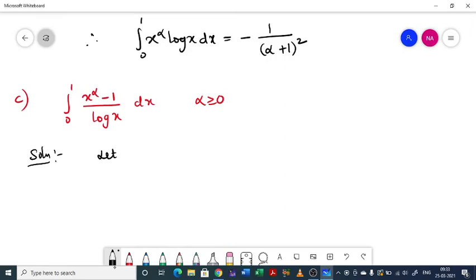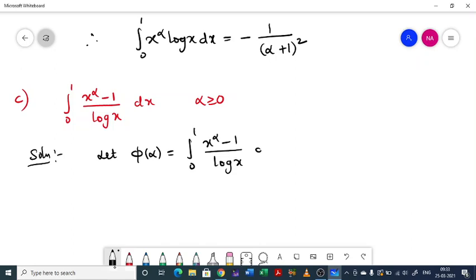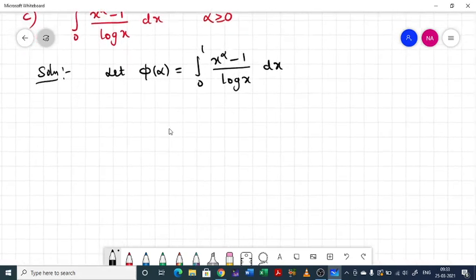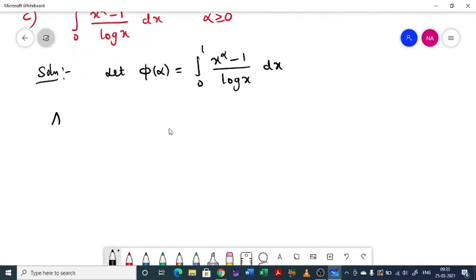Let phi of alpha equal to integral 0 to 1 x power alpha minus 1 divided by log x dx. Now applying Leibniz rule, we get